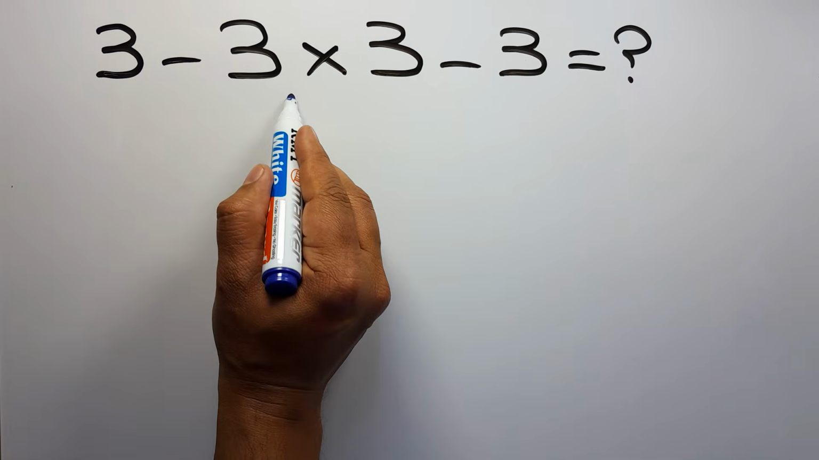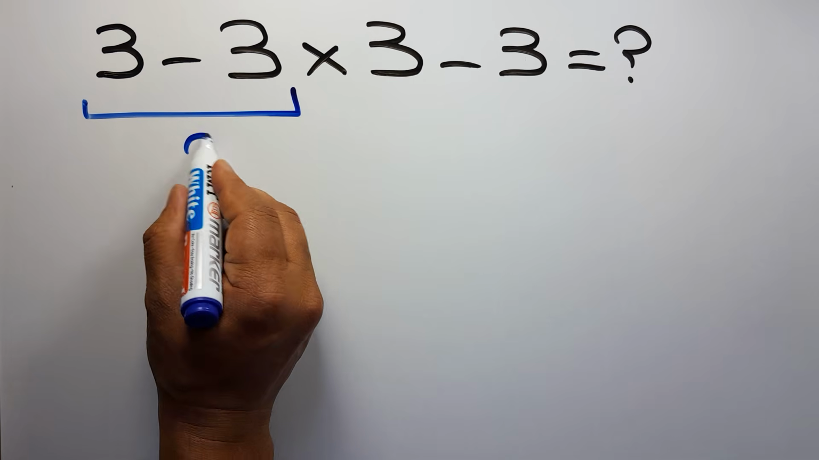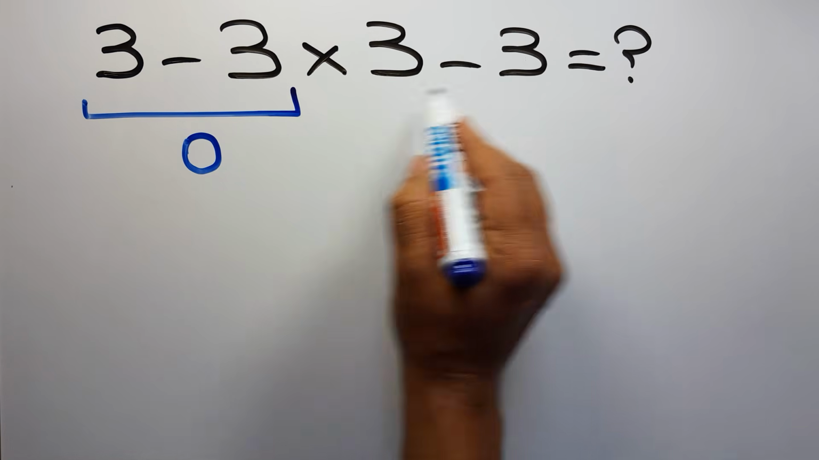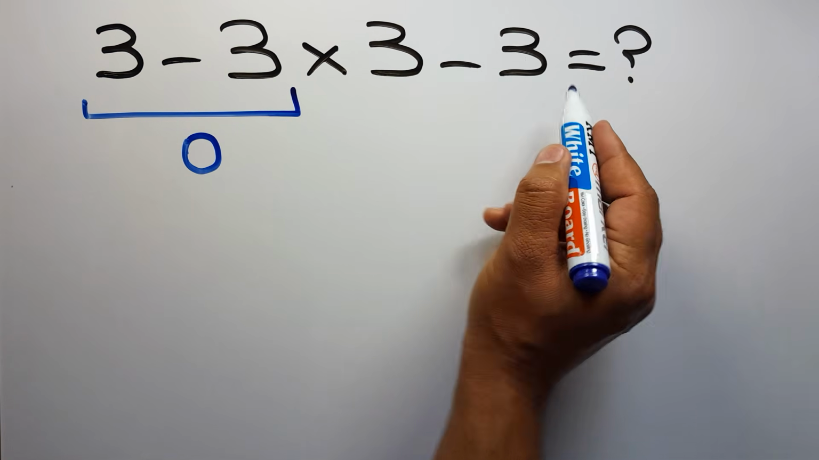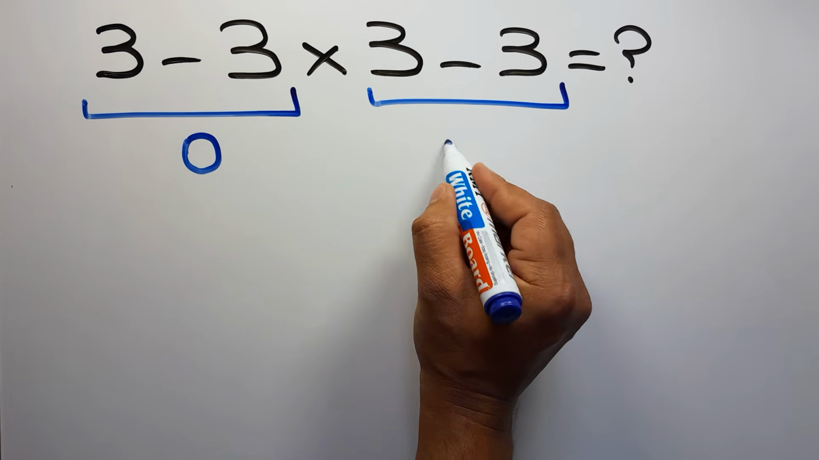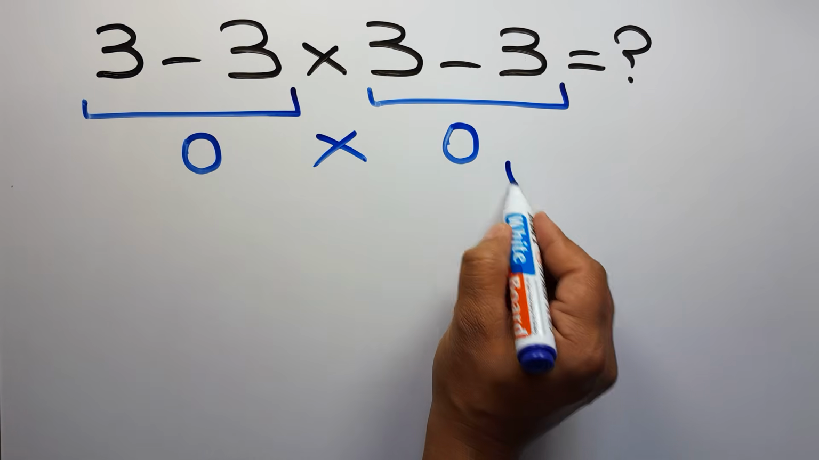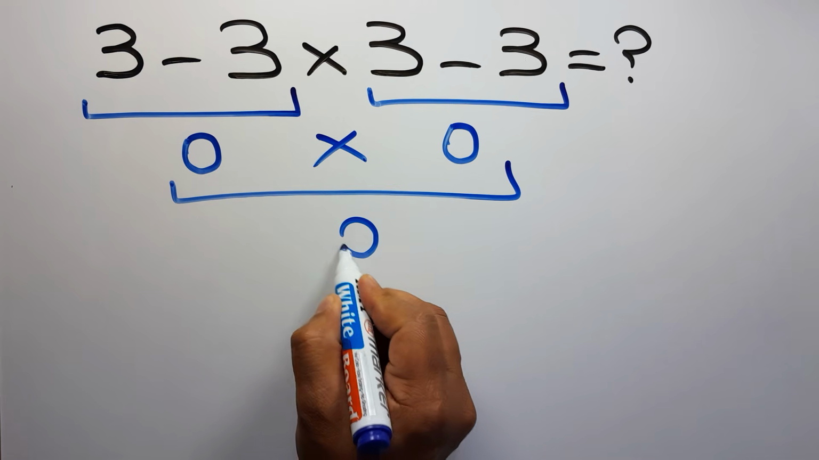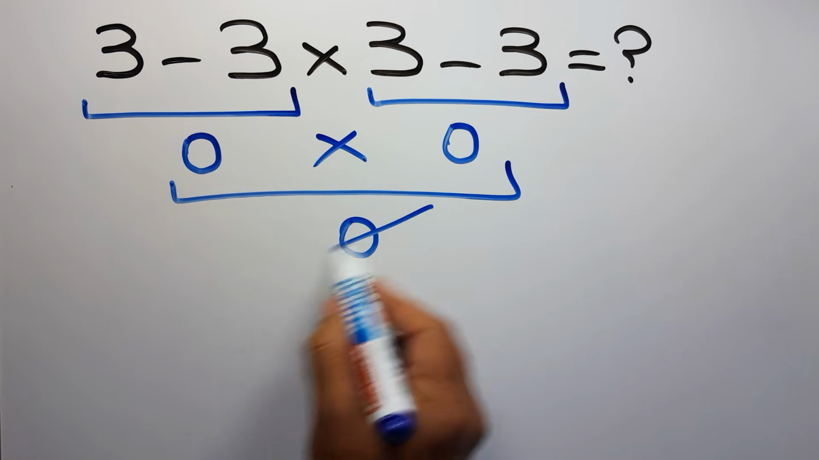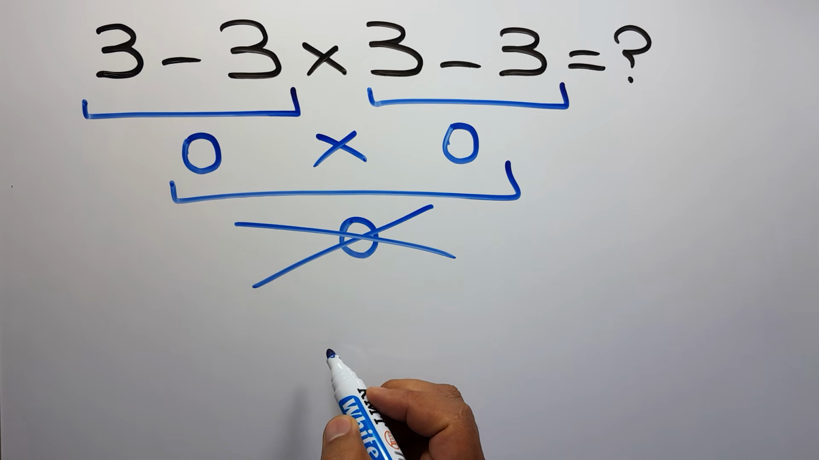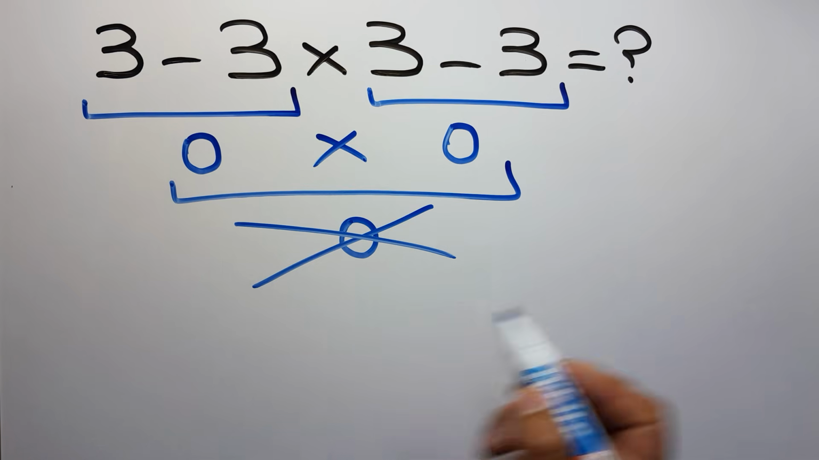3 minus 3 gives us 0. And again here we have 3 minus 3. So 0 times 0 is just 0. But this answer is not correct because according to the order of operations, which is PEMDAS,